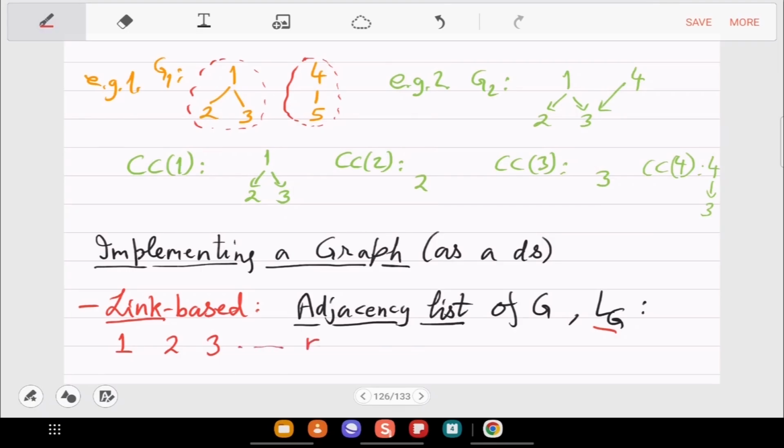So this part you can think of as an array. So the locations are 1, 2, 3, dot, dot, n, and in each location there is a start pointer, which just gives you a linked list of all the neighbors of the start only. So for 1 you have all the neighbors of 1. Then this is neighbors of 3. And this is pointing to neighbors of n.